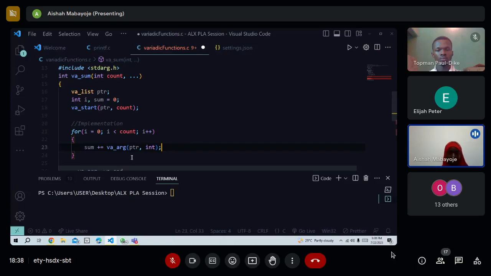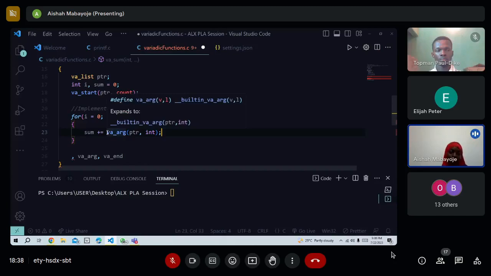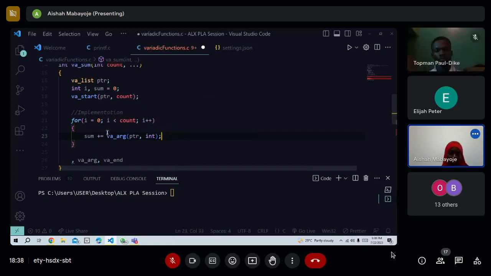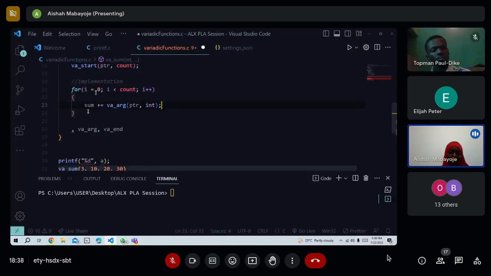Okay, so what this would do is, from i equal to 0 up to whatever the count is, update the sum with va_arg, which picks each argument one by one. So first it picks 10, so sum will be 0 plus 10, 10. Then it picks 20, sum will be 10 plus 20, 30. Then it picks 30, sum will be 30 plus 30, 60. And after finding the sum now,